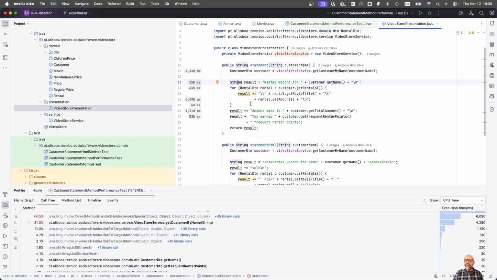But of course, the most important thing is that the code should be clean and easy to read, and that's the first thing. And then you optimize, but to optimize you should have a strong reason and good requirements that tell you that you really need to optimize that. So what was interesting here is that actually string manipulation is a big problem. Of course, you can solve it with some libraries for strings. Okay, that was